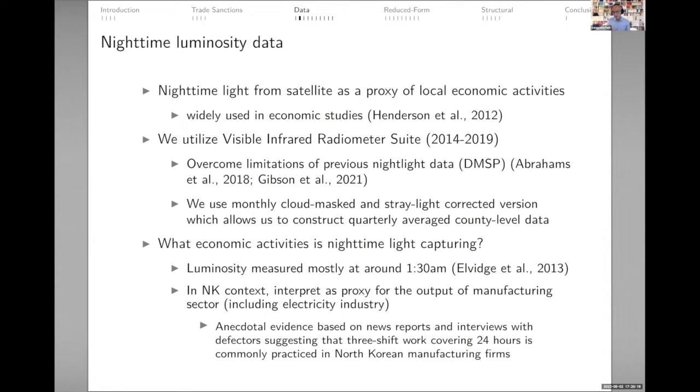Also, if you look at the grid level data in North Korea from the previous satellite data, I think more than half of the grids are shown to have just zero value, which we suspect is not because there's actually no nightlight, but because it's just very low intensity nightlight that the DMSP satellite is not picking up. Compared to that, if we look at the VIIRS, almost 95% of the grids do show a positive number, suggesting that the VIIRS is better at capturing very low intensities of nightlight. So we think that it's more suitable for studying countries such as North Korea. The data is provided in monthly units, so we're going to average that at the quarter level and also combine the grids up to the county level.